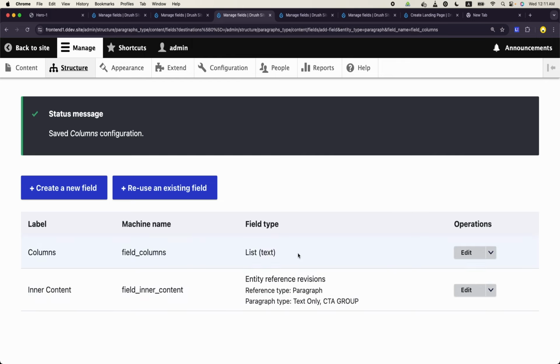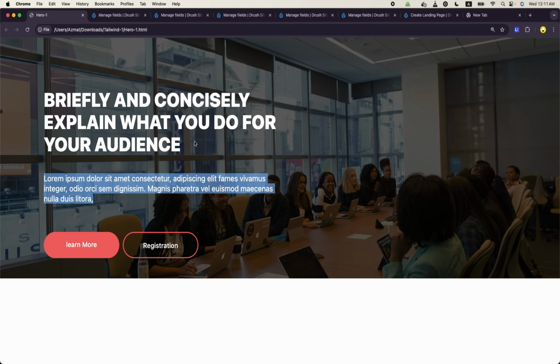So this is the column now. For example, I want to have a four. Let me just count this. This is maybe 3 columns, and this is 2 columns. This is possible now. 3 plus 2, five columns. And so what we will do is